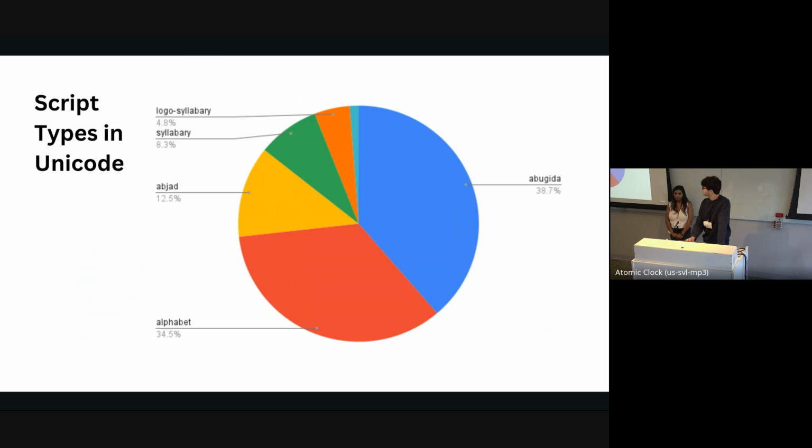And then we can also see the percentage breakdown of the script types. As you might expect, you see nearly equivalent portions of abugida and alphabetic scripts, which make up by far the biggest majority on this pie graph here. We don't have this graph handy, but you can also imagine that if we did this by character count instead of just by script count, you might find that the part of the pie made up by syllabary scripts would be a lot larger, because in general, those scripts have a lot more characters per script compared to the other ones.